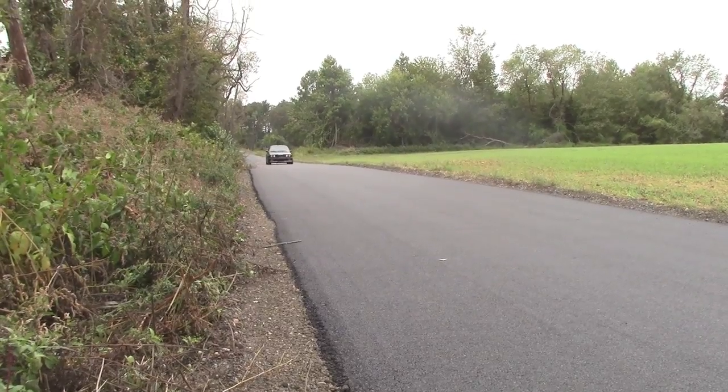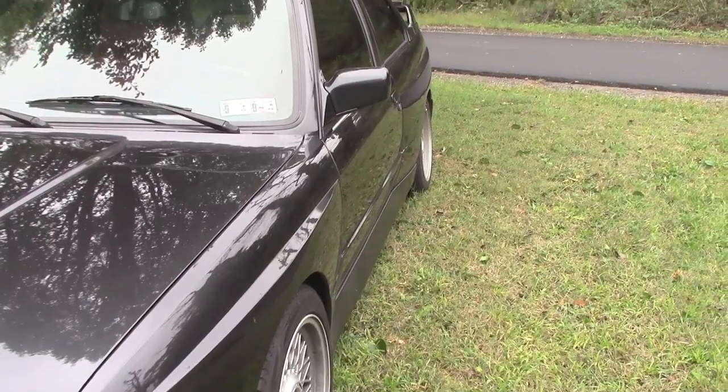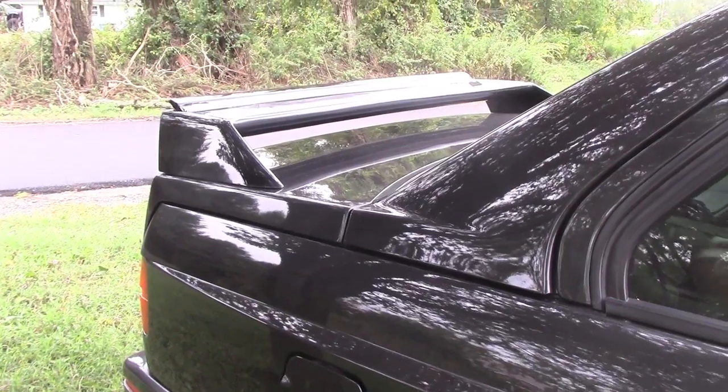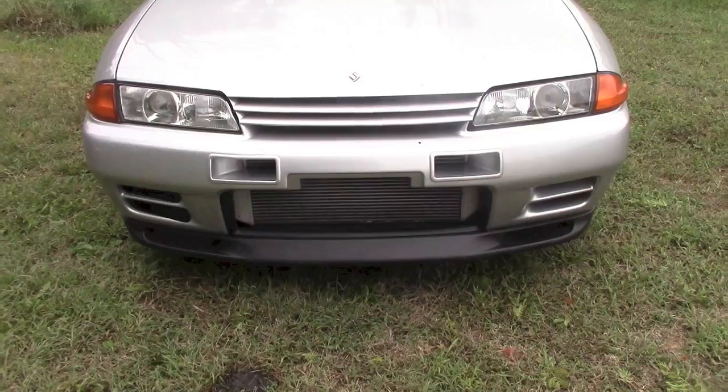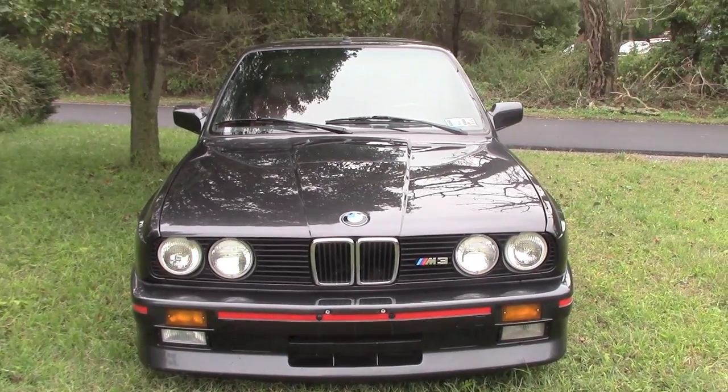And then BMW and Nissan independently had a bright idea. To take one of their standard models, flare the fenders, add a wing, put a little more power under the hood, and